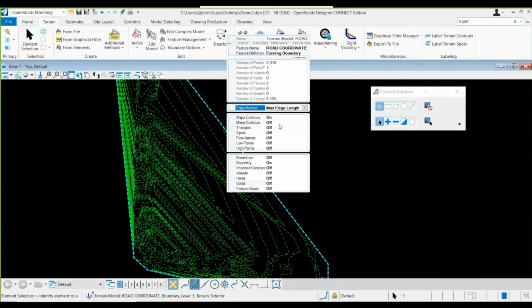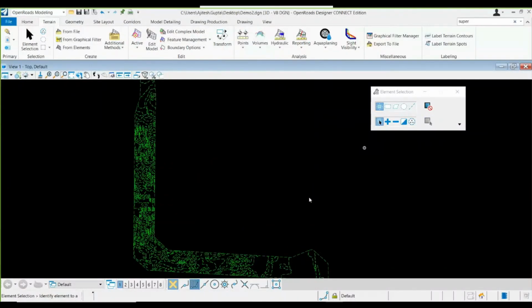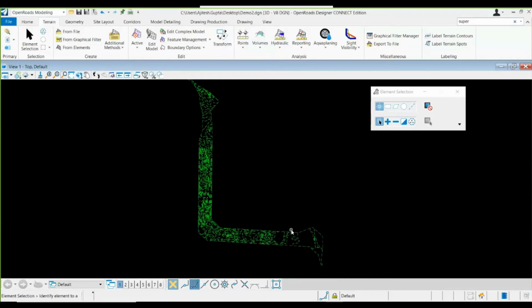If I select maximum edge triangle length and define it as 100, and then reduce it a little bit or increase it, reducing will shrink the terrain. When I set my value to 100 and used the maximum edge triangle method, as you can see when I switched on the spots, the contours and my terrain have been created along with my survey taken.